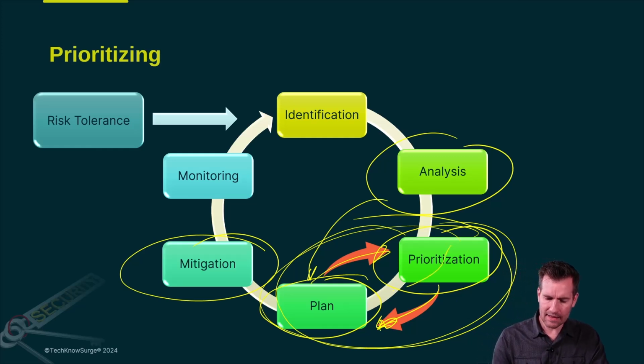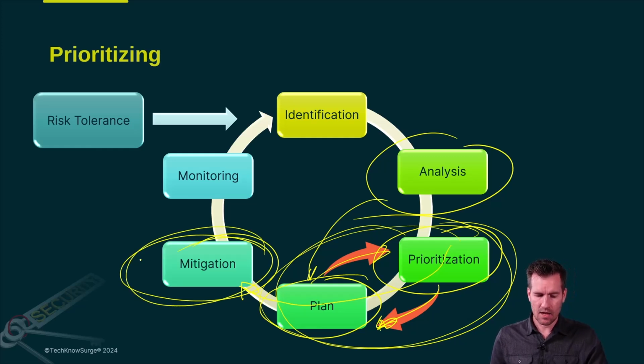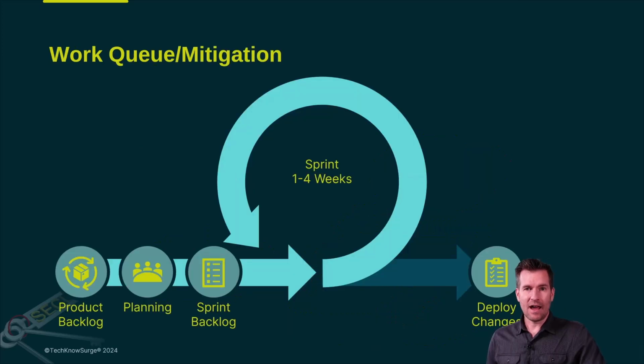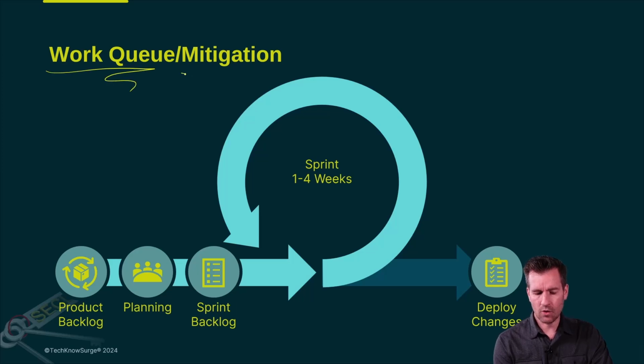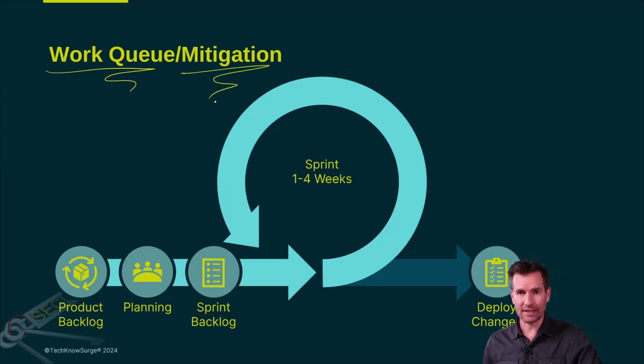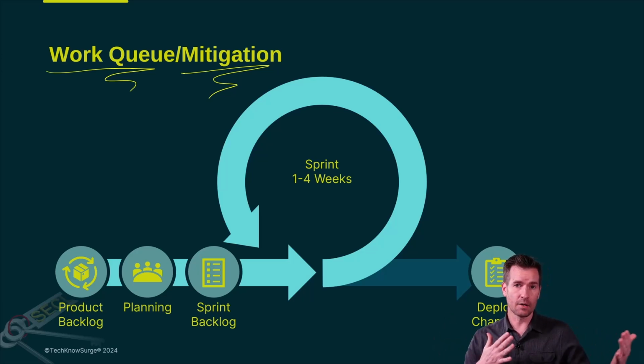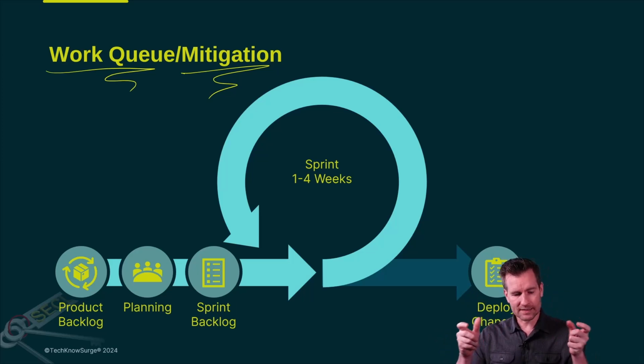But evaluating this and then moving on, like I say, the most important thing is that we're taking action, that we're mitigating things. So then we go into the mitigation phase. Now, I don't get in depth into this, especially not in this module, because everybody's work queue or mitigation or the way you tackle work is a little different. What my experience has been, if you're a security department just working on risks, that's great. But in my experiences, you end up tackling a lot of other projects and priorities and things that are coming up. And so this tackling risk kind of gets inserted with the rest of your workflow and however your other workflow works.